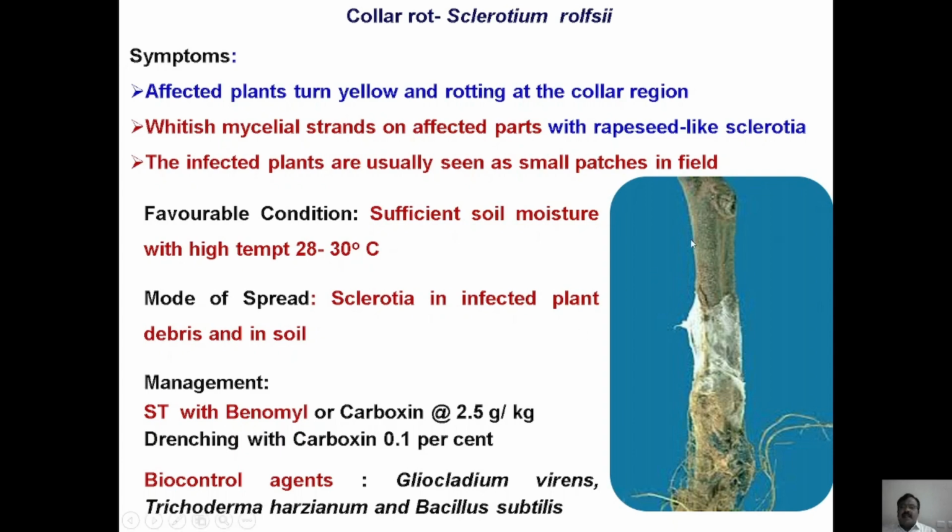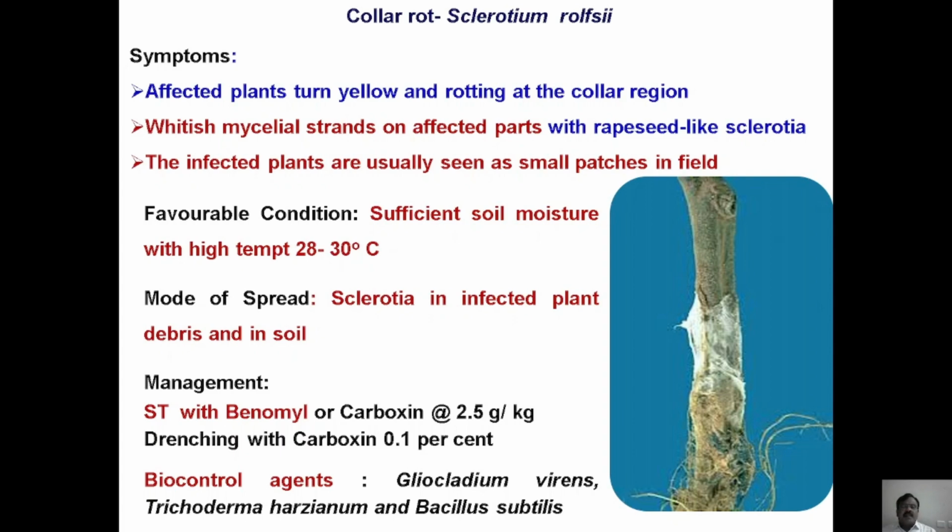In severe cases of infection, white mycelial growth could be seen on the affected parts with mustard-like or rapeseed-like brown regular sclerotia. These infected plants are usually seen in patches in the field. Sufficient soil moisture with a high temperature of 28 to 30 degrees Celsius favors the development of this disease, and the presence of sclerotia in the infected plant debris as well as in the soil serves as the primary source